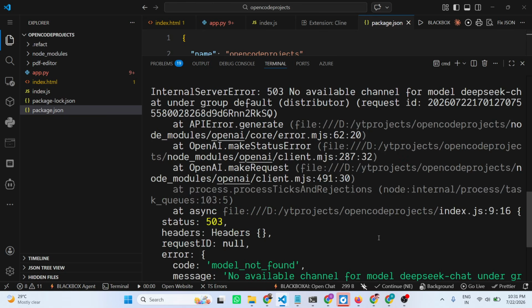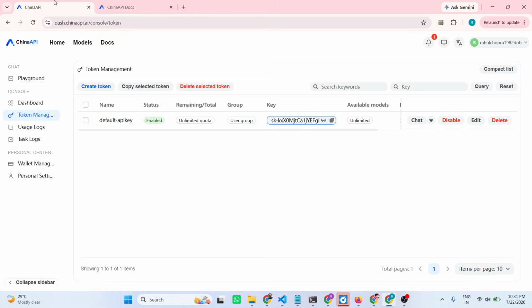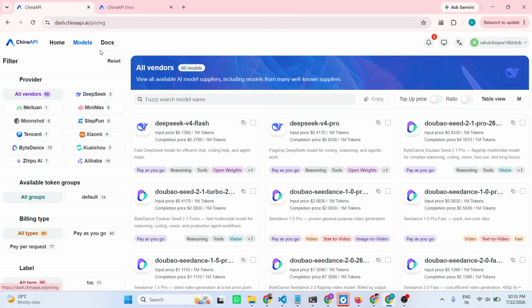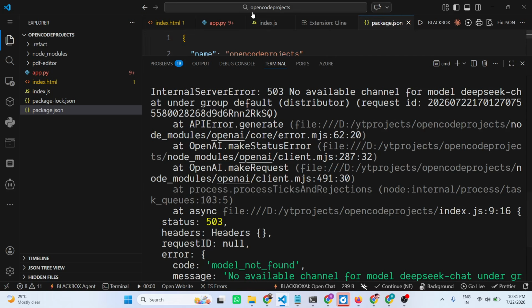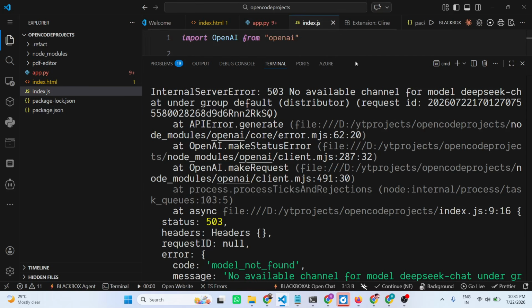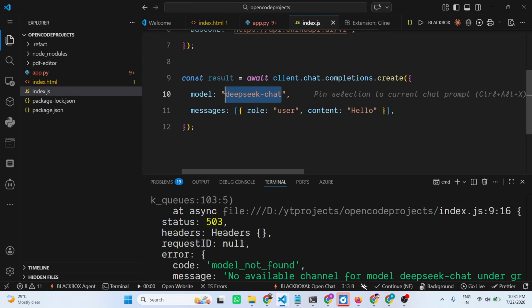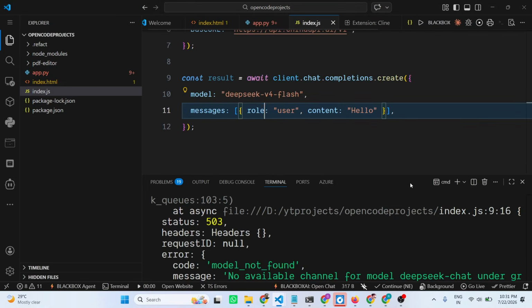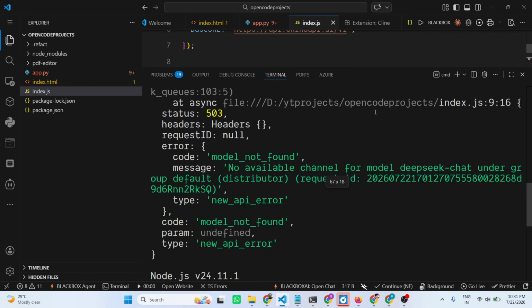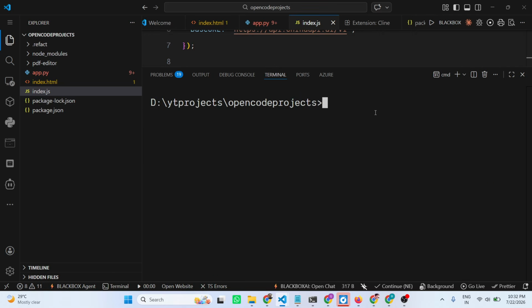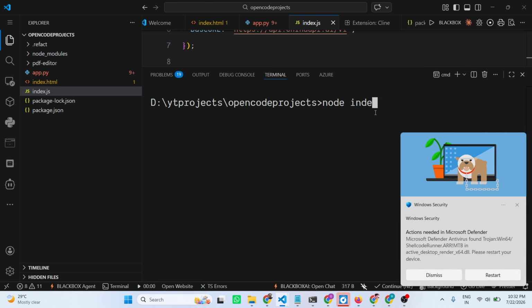It is saying that no available channel for model. Sorry, just replace the correct model name. Let me change it to DeepSeek version flash. Replace it with the correct name of the model. DeepSeek chat was not the correct model name. So replace it with DeepSeek version flash, whichever model you're using. Just copy their model ID and paste it. And if I try to execute now,